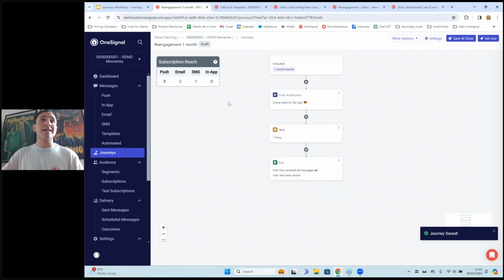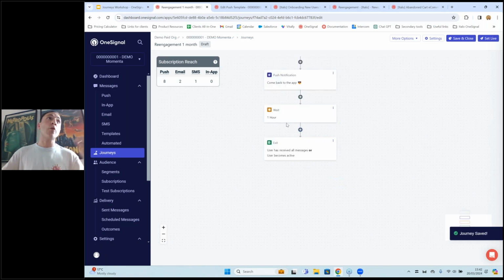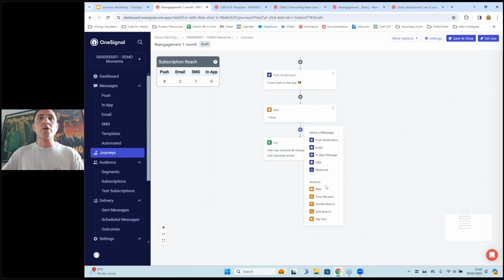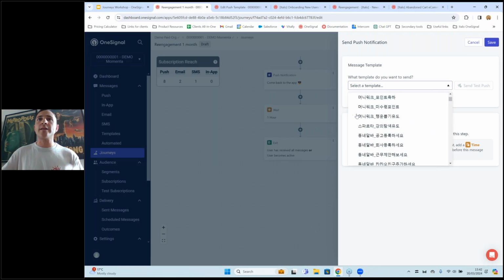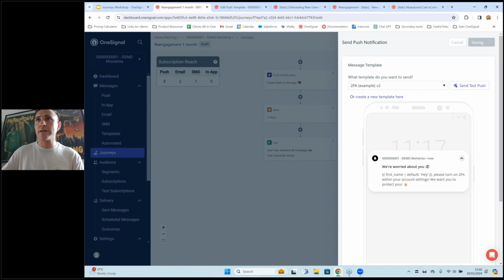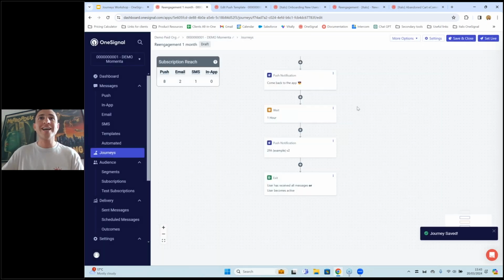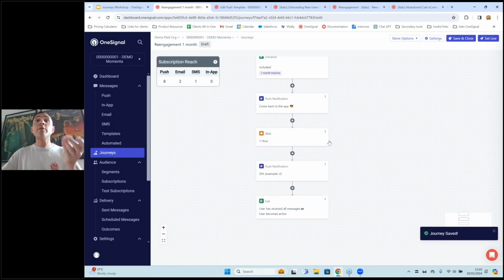So this means that the next message is going to be sent an hour after the first one was sent, right? So you can be very creative. For example, let's say that I already have the templates that I have thought for the journey created. I'm going to add this one. It doesn't matter the content of what it is, but then you can start creating a very linear journey.